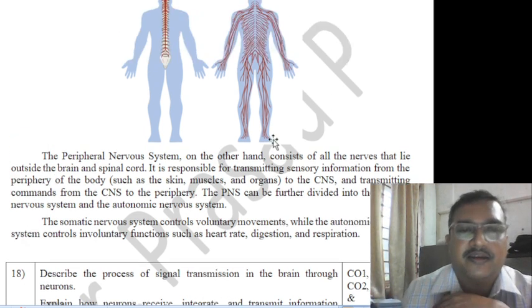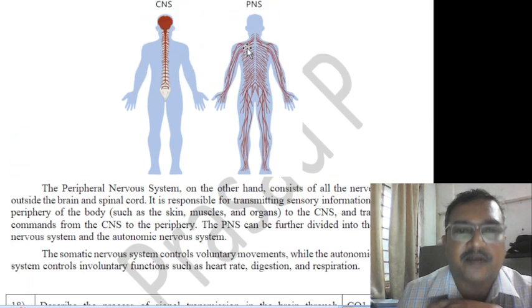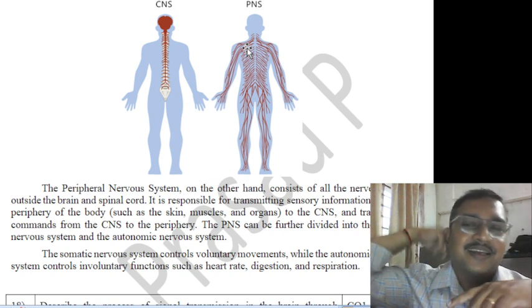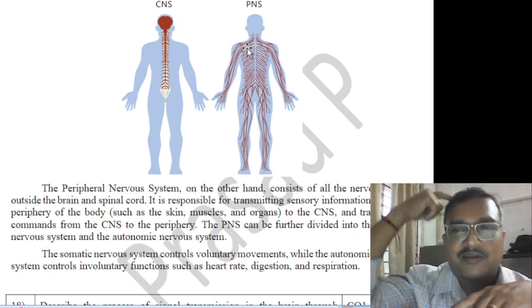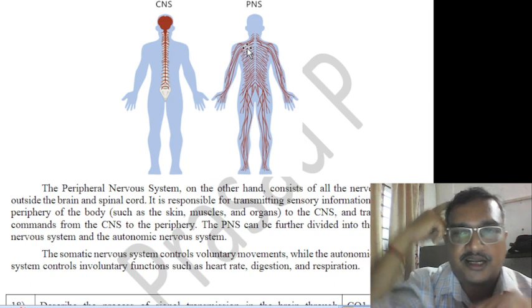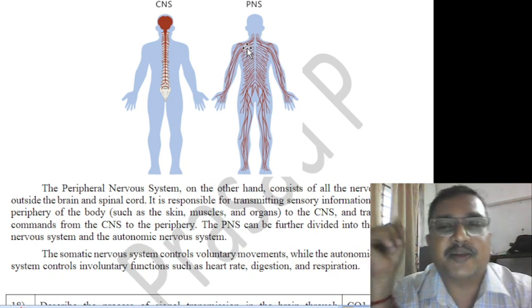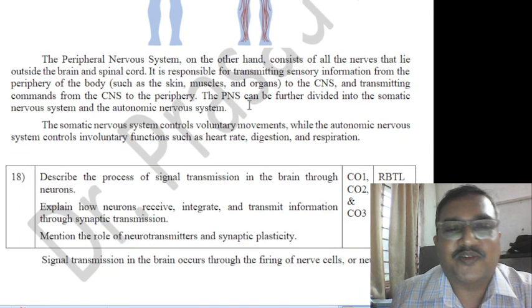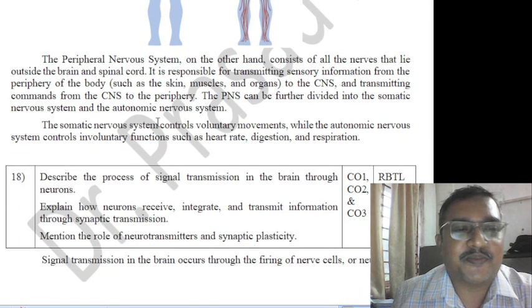That feeling, that information, has to go through the nerves to the nearby CNS. Where is the nearby? Near to the neck. Nearby, it reaches the CNS, then it goes to the brain. The brain will do the function and tell you that you touched the camera, not a person. So that is the functioning of a PNS and a CNS.